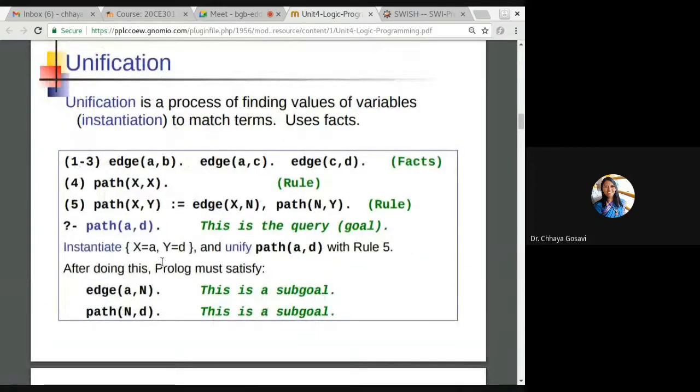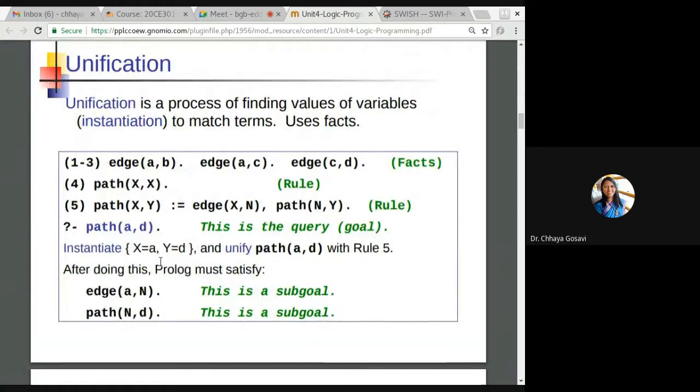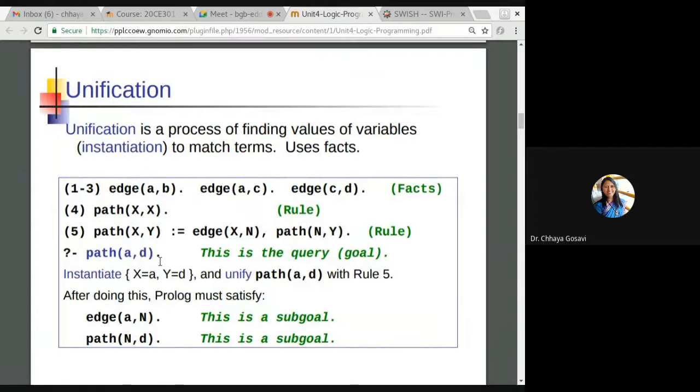Then there is a very important term, unification. We use this in any programming language, but we didn't know that it is called unification. Unification is pattern matching. When a program is executed in Prolog, it will match your query with the available facts as it is. If there are some unknown variables, it tries to match that unknown variable with the available facts.